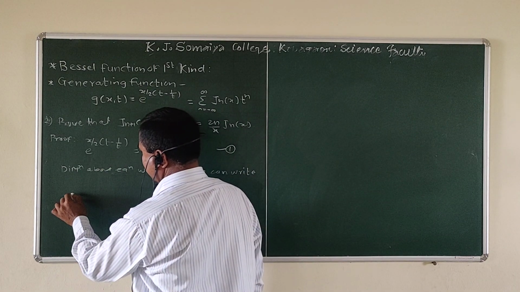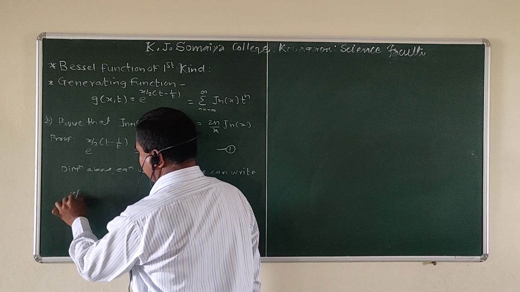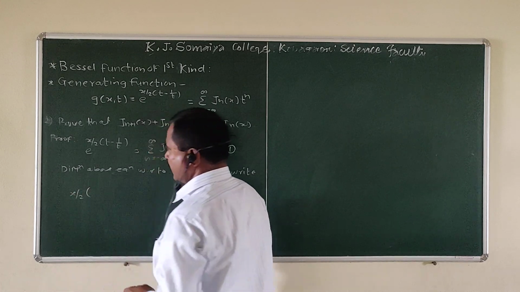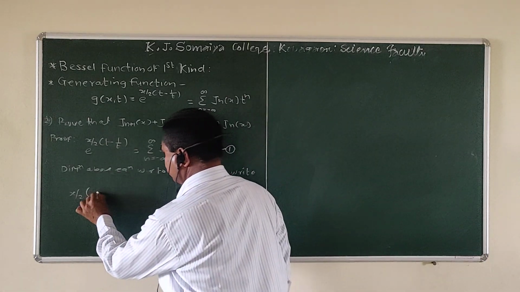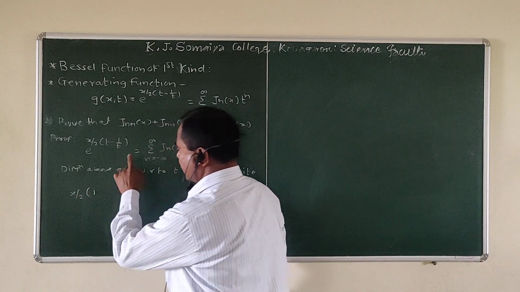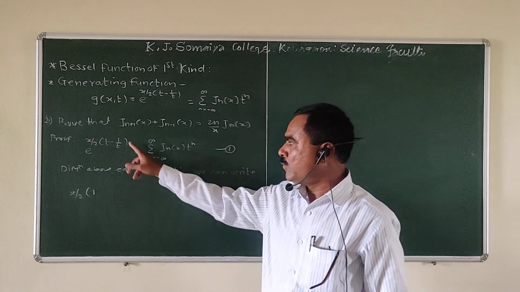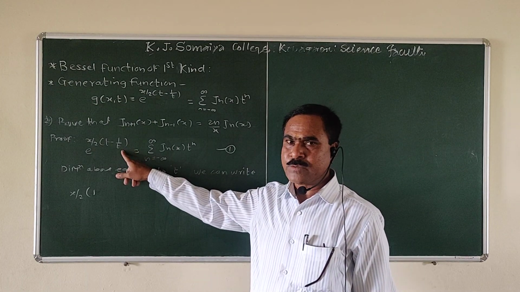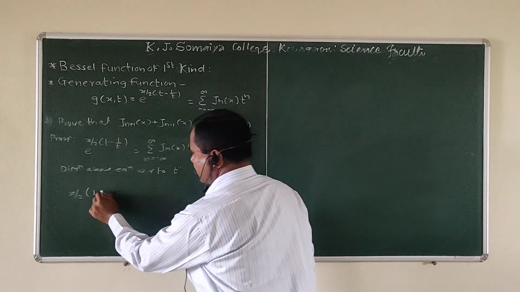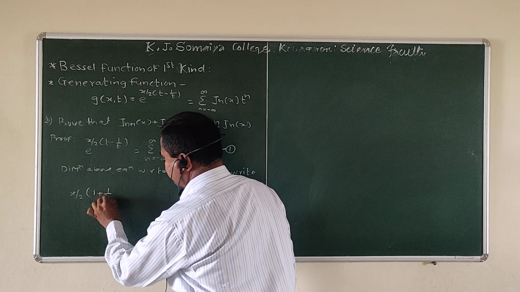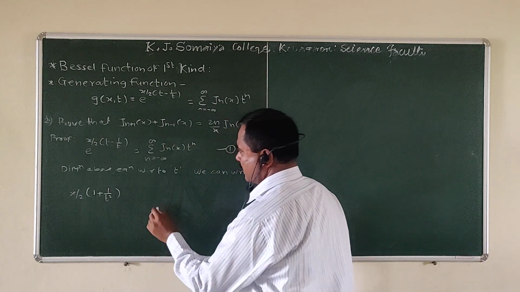So write here x by 2, differentiation of this t is 1, then differentiation of 1 by t is minus 1 upon t square. So minus minus gets plus, right? Plus 1 upon t square